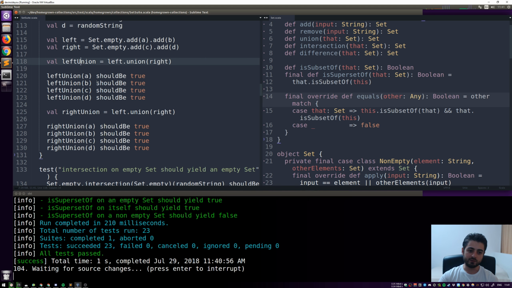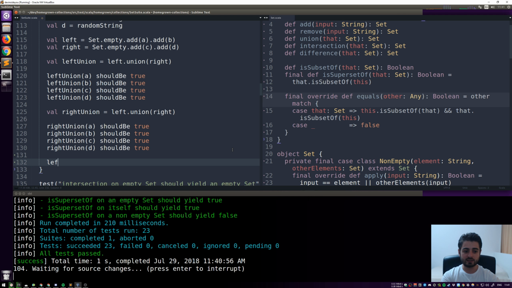We calculate the left union and the right union. It's commutative, but we're still testing it, right? And then we have to have like 8 lines just to make sure that the elements are actually contained in them. But now that we have equality, it will do that for us, right? So what we can do is we can just say left union right